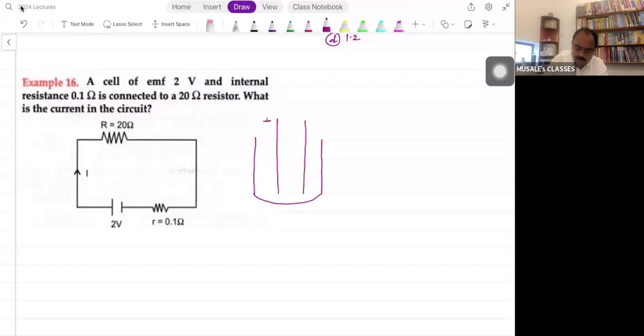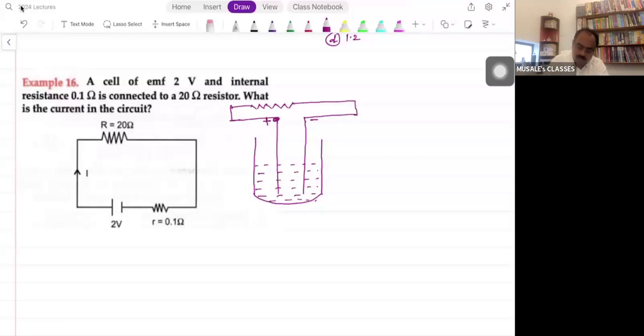This is the positive electrode, this is the negative electrode. And the solution which we have is known as the electrolyte. And whenever we are connecting some resistance to this, then